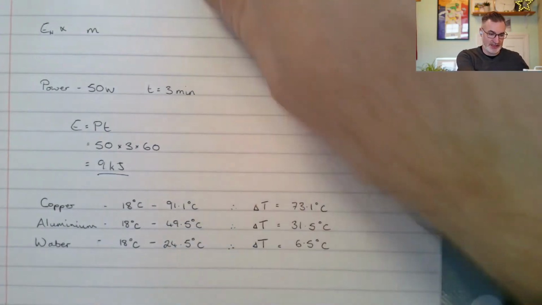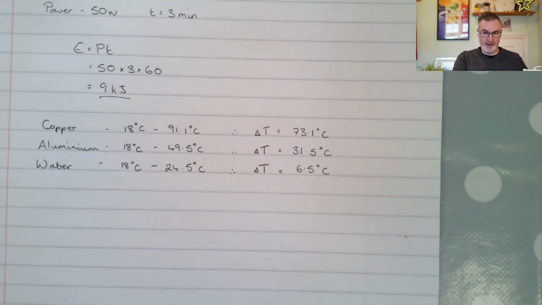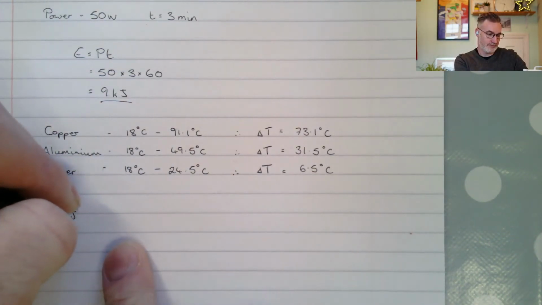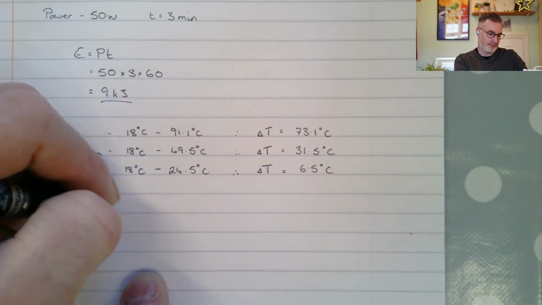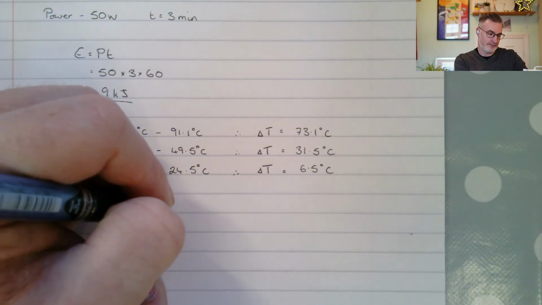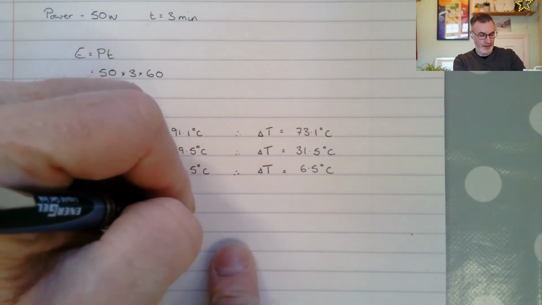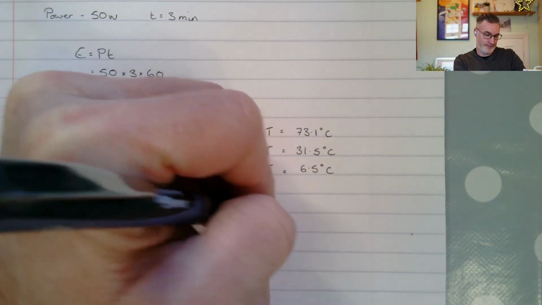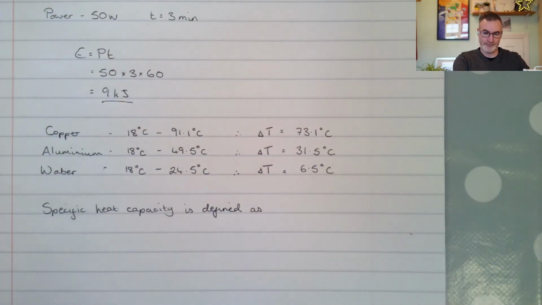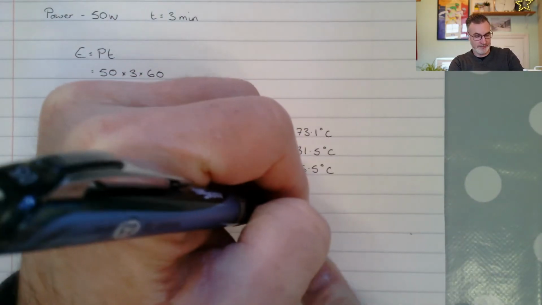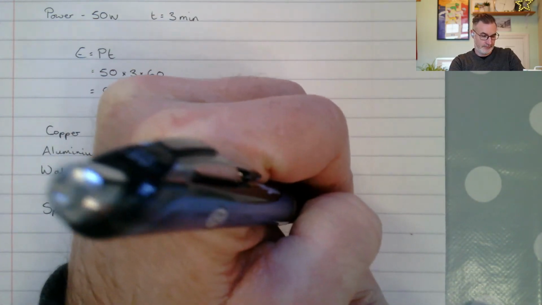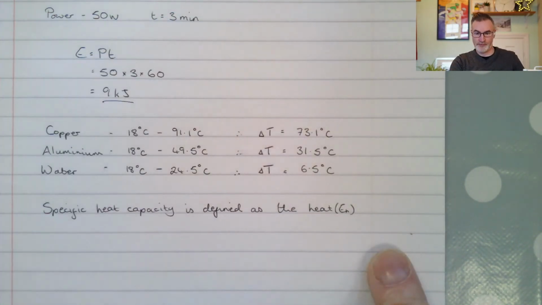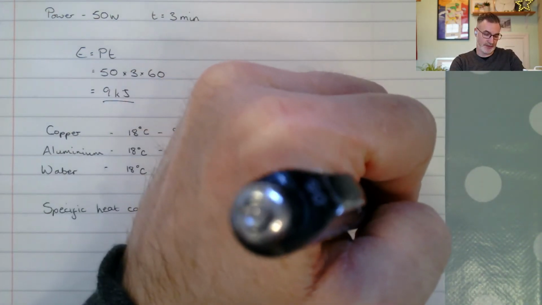So specific heat capacity, and we have this as C, is defined as the heat required. So remember, heat is energy, so the heat required